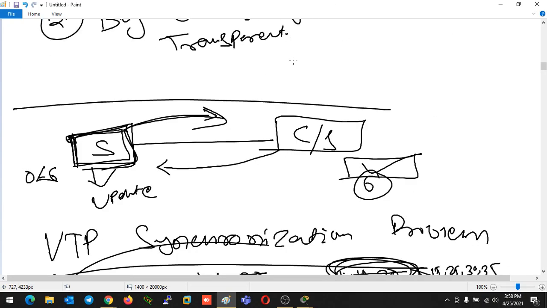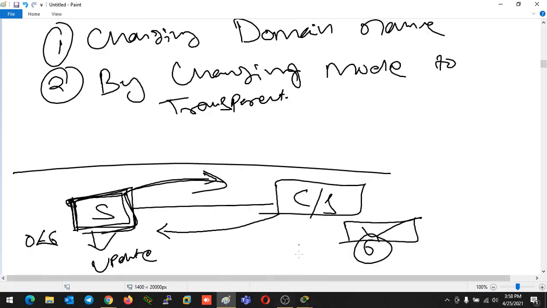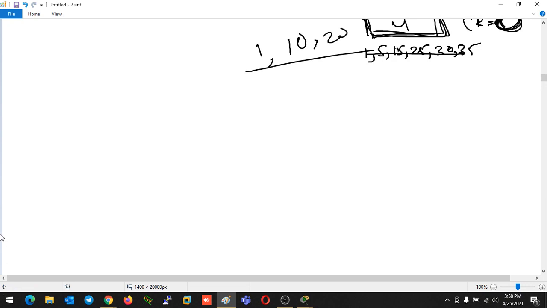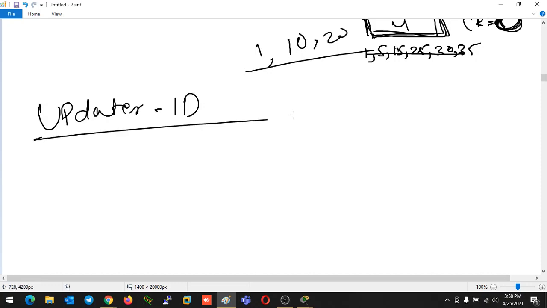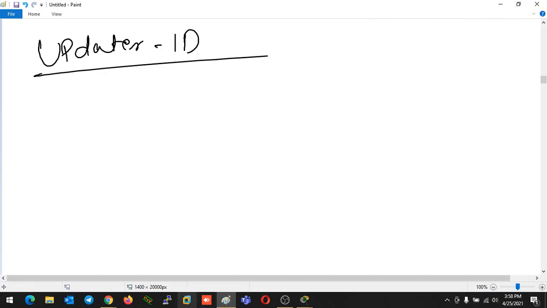Now the next thing, updater ID. What is updater ID? Updater ID is simple: it tells from which device we received the update, or which server updated me.